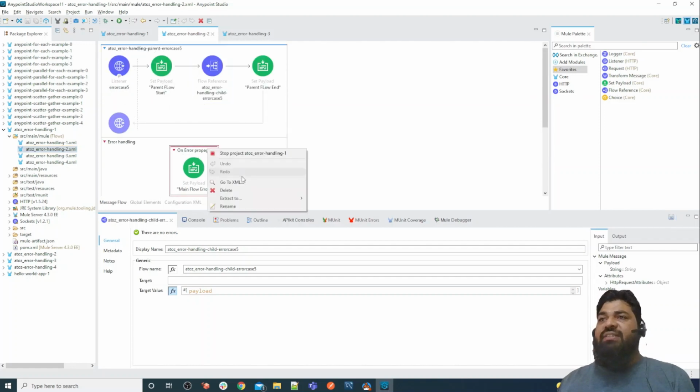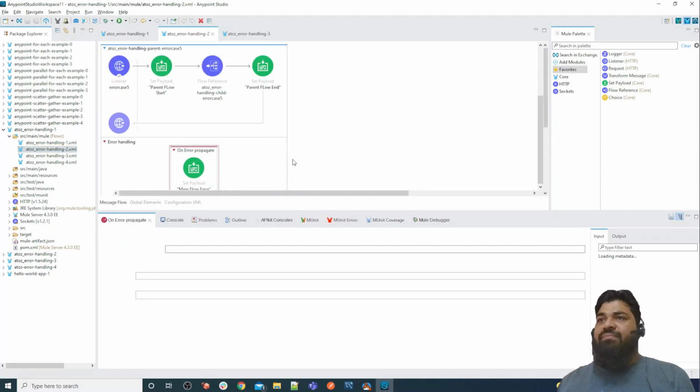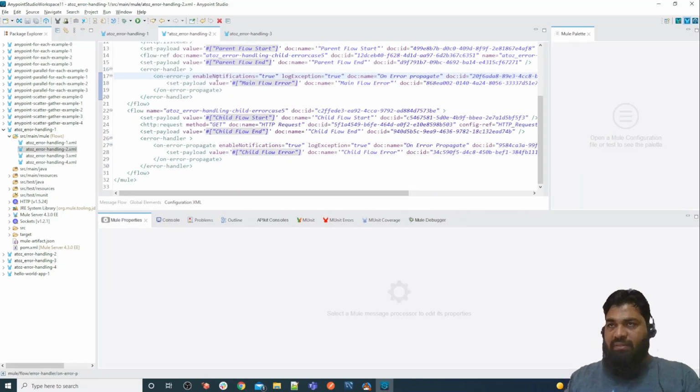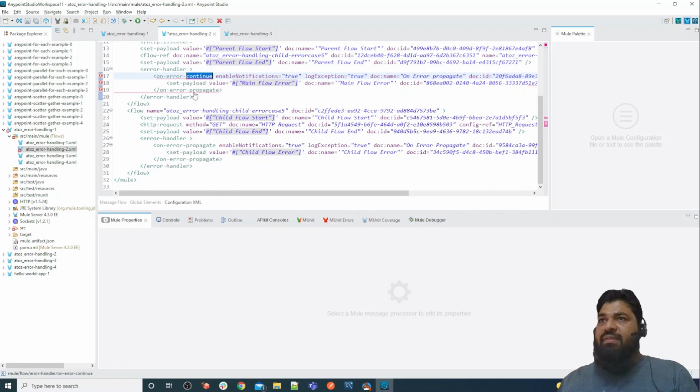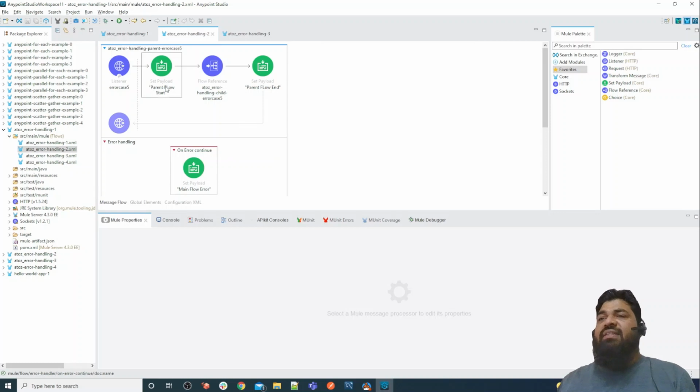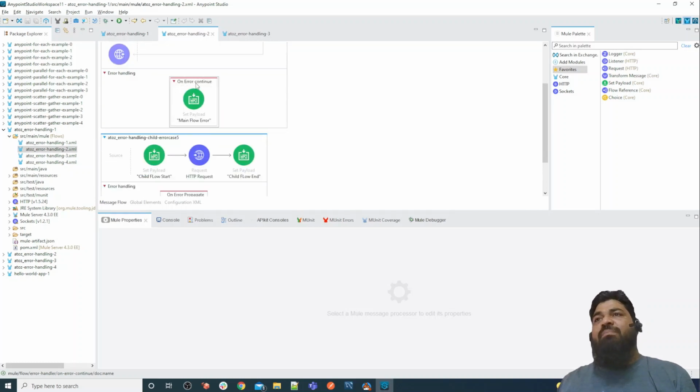I'm going to change the parent flow on error propagate to on error continue. It is very easy to change the XML because I know the syntax. So I have changed this, instead of on error propagate, to on error continue.